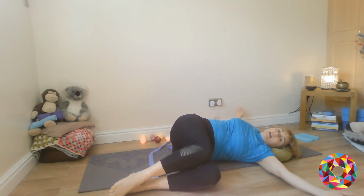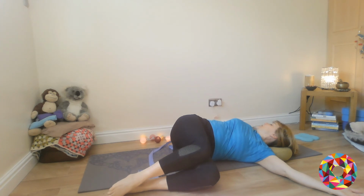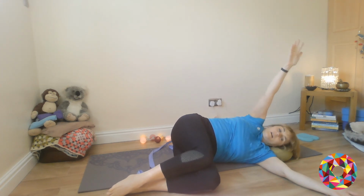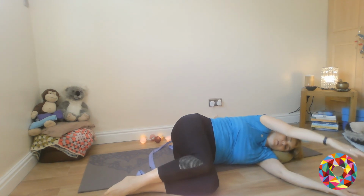And again, we're rotating that spine. If you want to bring the head in, then allow your gaze to follow the arm. We'll just have 2 breaths here. Keep your core muscles gently switched on, and then breathe in, fingers come up, and breathe out, coming down. Just do one more, breathing in,